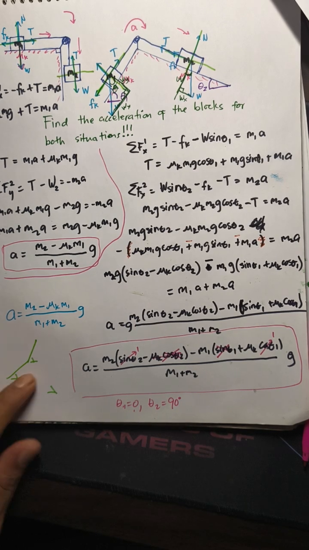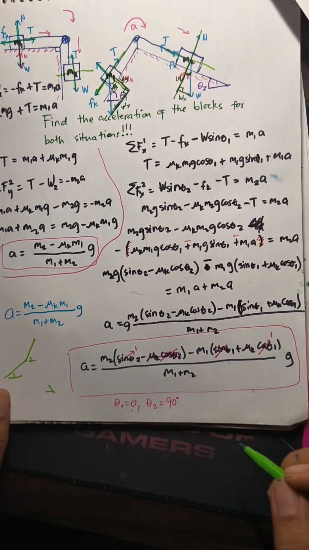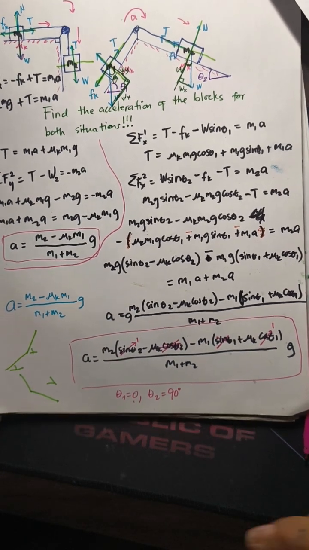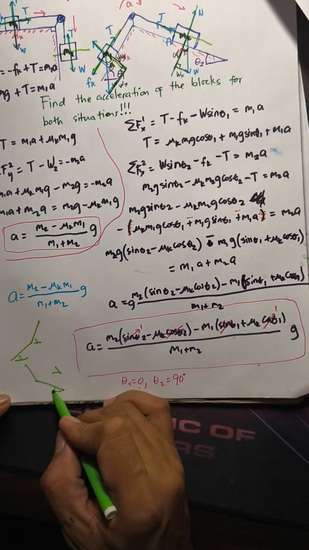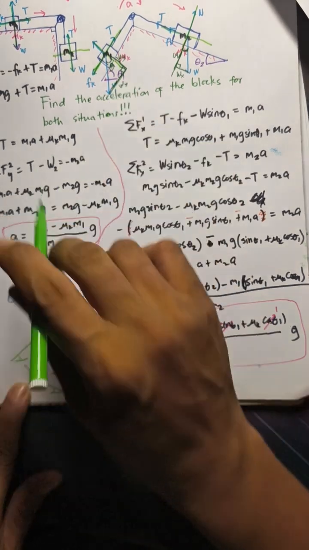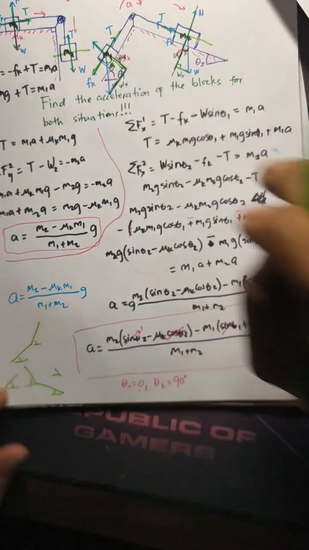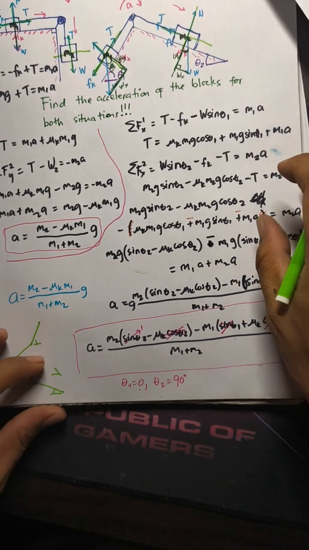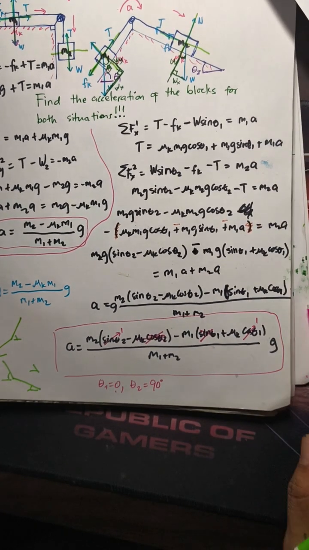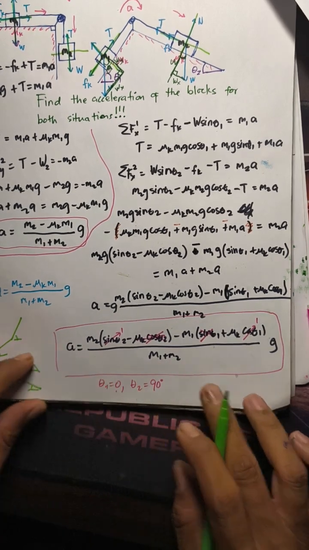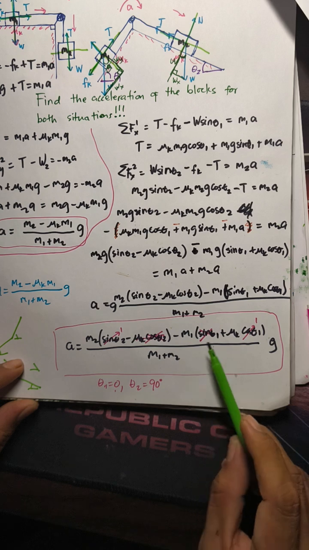So we can actually arrive at any configuration that we want, for example this configuration. In this case, our theta 2 is positive, but our theta 1 will be the one that is negative, because our theta 1 is defined that way. So we can arrive at any situation that we want. Now let's analyze this much further. Let's go back to the original.